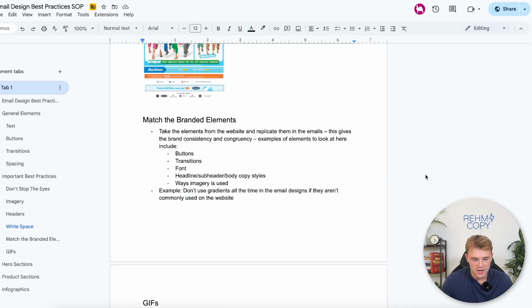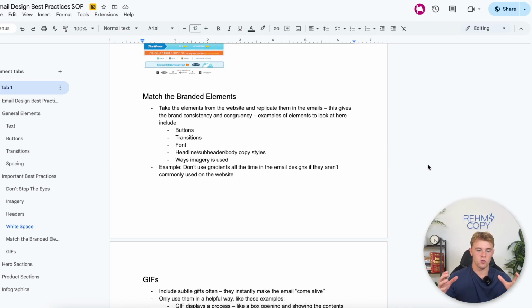Next up, we've got matching the branded elements. So you essentially want to take the elements from the website and replicate those in the marketing emails. That's what gives the brand consistency and congruency when you're showing up in people's inbox. And some examples of those elements would include things like buttons, transitions, the fonts like we talked about earlier,